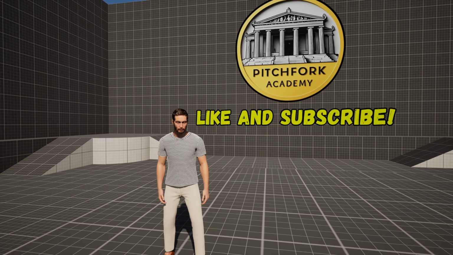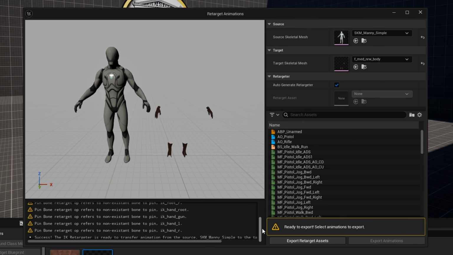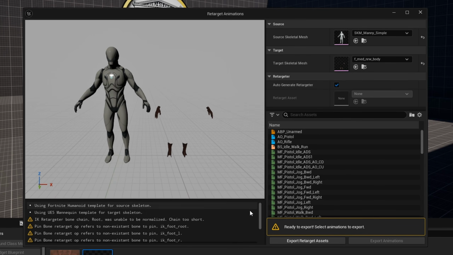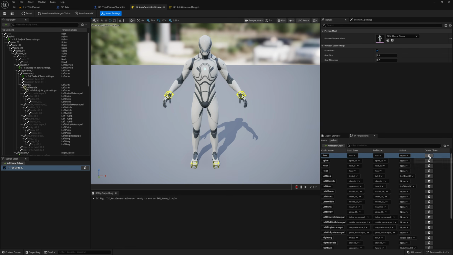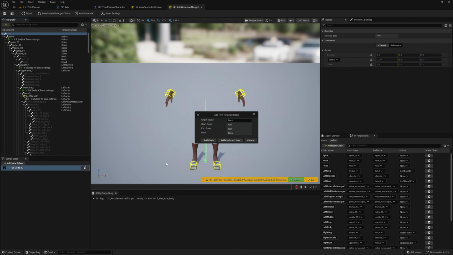Anyone who's tried to do this has likely come across these warnings, such as "IK retargeter bone chain root was unable to be normalized, chain too short," as well as the missing IK bones, especially for the feet IK. I'm going to show you a quick and easy workaround for this IK retargeter bone chain on the root being